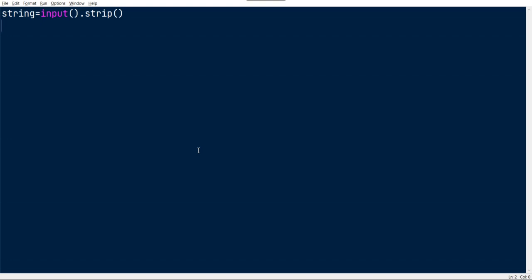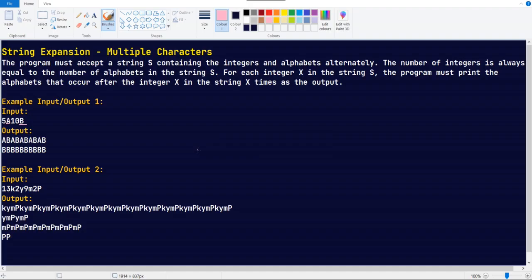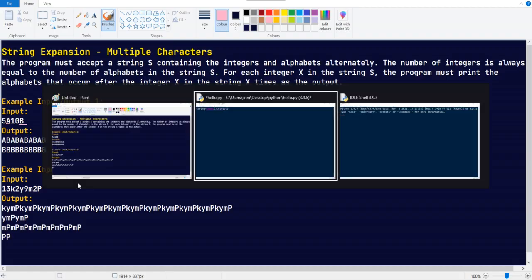After that, do we need to get the integer values? No, we are not going to do that. We are going to get the character values first, because the count of each character is fixed. Here only 1a, only 1b, only 1k, 1y, 1m, 1p. But the integer values can be 2 digit, 3 digit, or n digits.